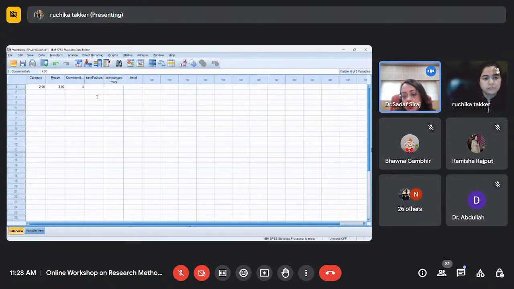Convenience mein it was again 4, right? So I have a hard copy of the questionnaire. I consult that questionnaire and I do it manually. That is a traditional way of data feeding, right? But it is a cumbersome process, it is a very long process, and you resort to this process only when you are having hard copies of the questionnaire. Is it clear? In case you are having a Google form, then there is no need to do the manual tabulation of data. Is it okay?